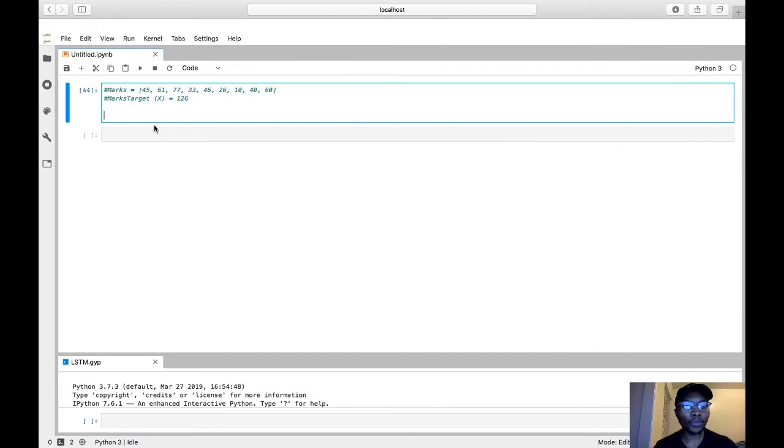This is a follow-up to the previous problem where we had an array of marks. So this was just random marks given from a class: 45, 60, 77, 33 up to 60. For these marks, you were supposed to find three integers within this array, and these three integers should sum up to 126. So for example, in this array, we can say we have